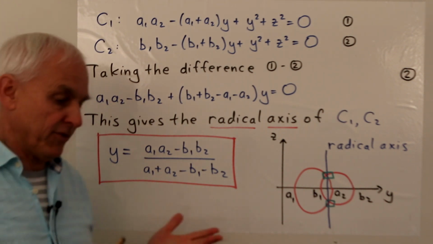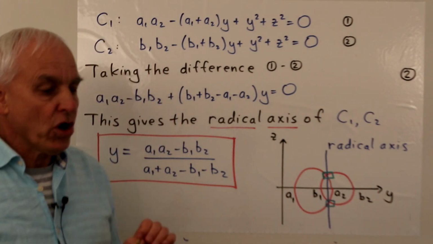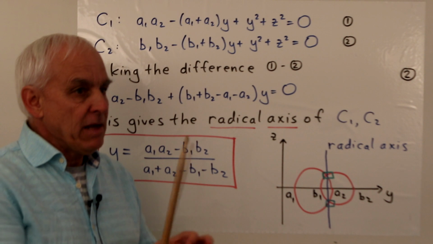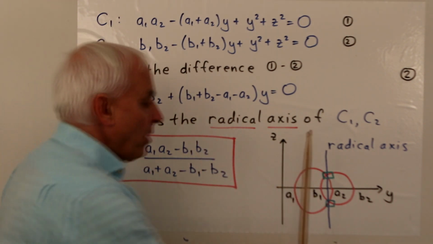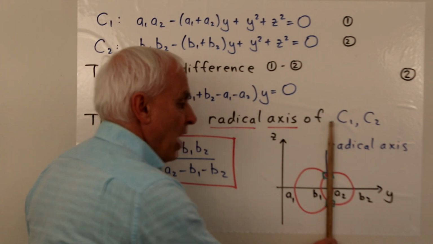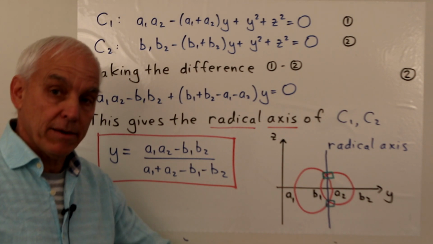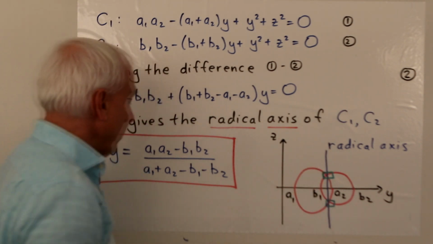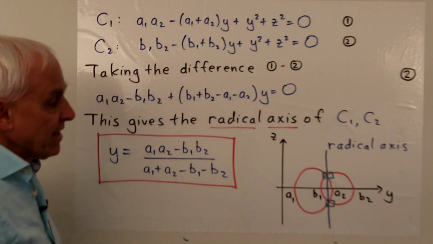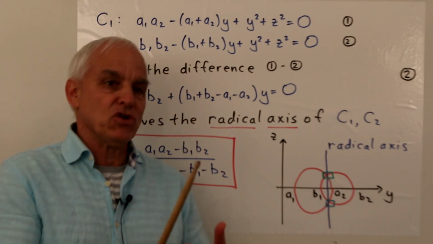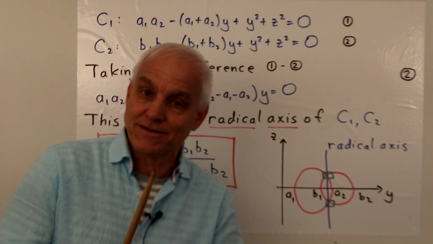And what is the meaning of this? The meaning is that here are the two circles, and we've determined that any point lying on both circles will also have to lie on this particular line. This is an equation of a line in this YZ plane. Right? The y coordinate is exactly this number. And that's actually an important geometrical line associated to two circles, called the radical axis.